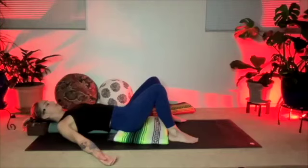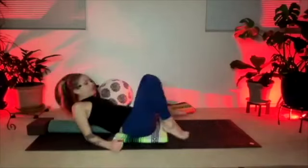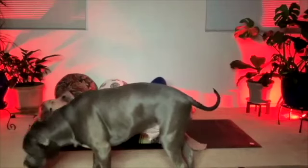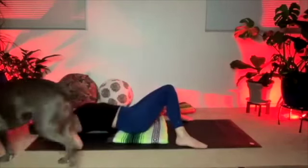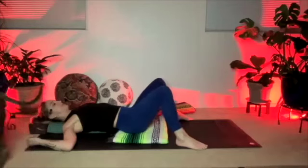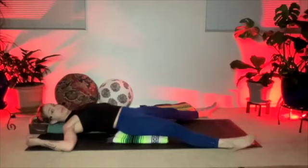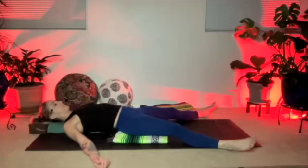Relax your jaw. You could adjust your legs. You could go feet wide so the knees kind of fall together and support each other. Just find what feels good with the legs. You could straighten the legs. We're going to be here for at least another minute, so just